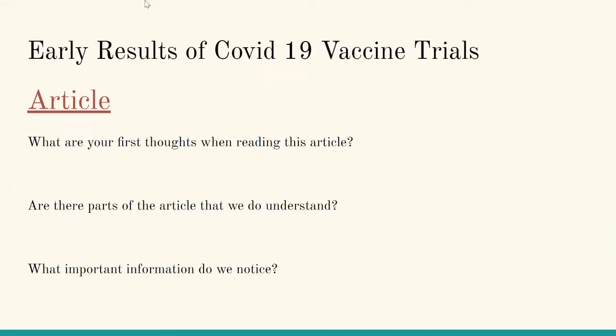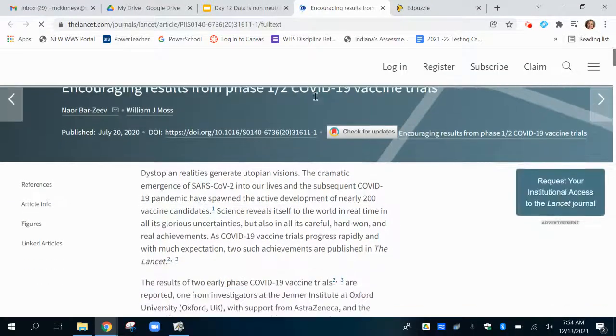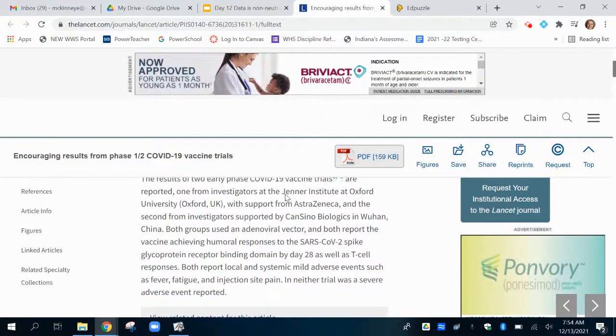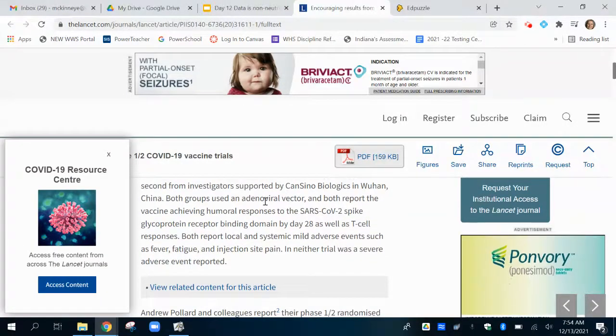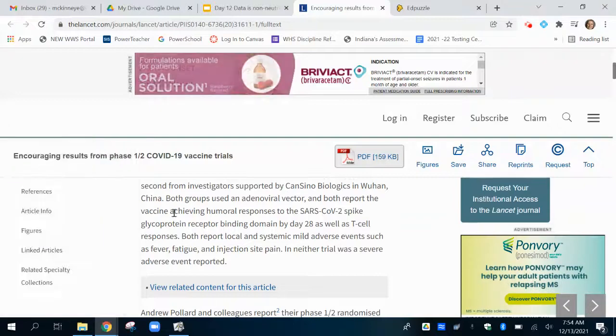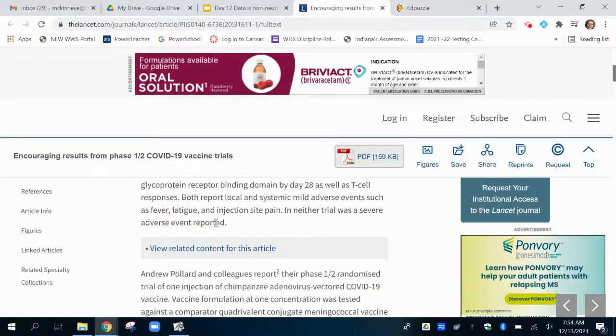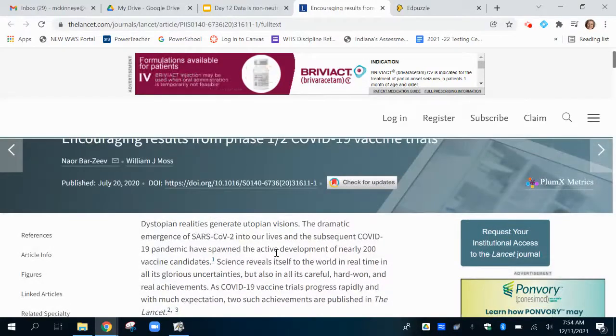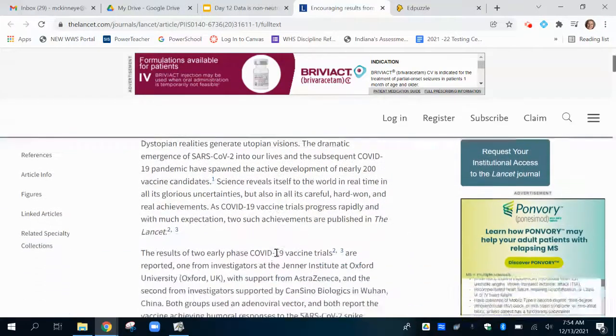Okay, we also have an article in here. So again, you might want to pause and go in and actually read this article. Take a little bit of time to do this. But one of the things that I think jumps out for my students as they start to go through this article is just the very difficult wording in here. When we are looking at actual research studies and reading the words around them, it can be very complicated and complex, and students give up right away. They get through the first couple of sentences and they go, nope, I can't read that.